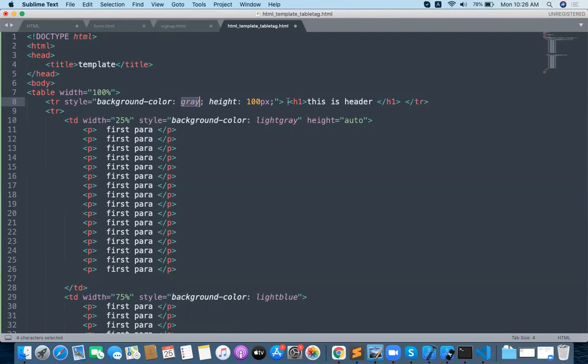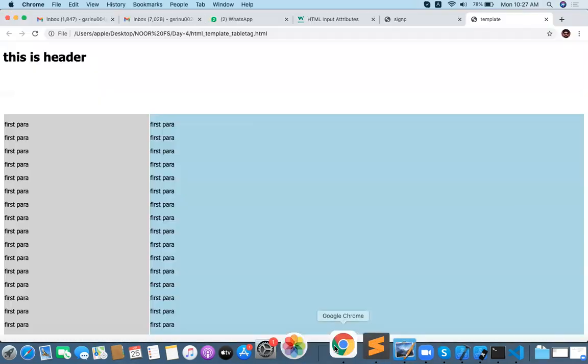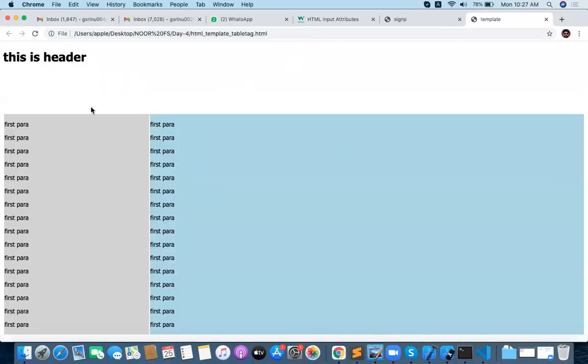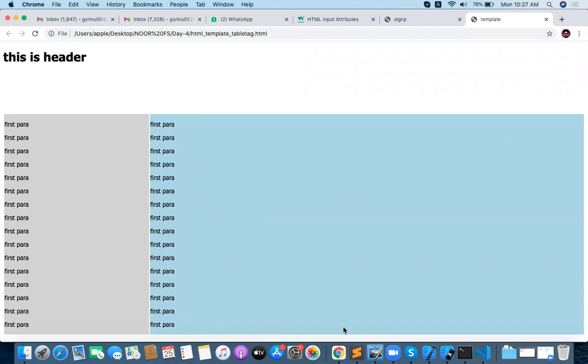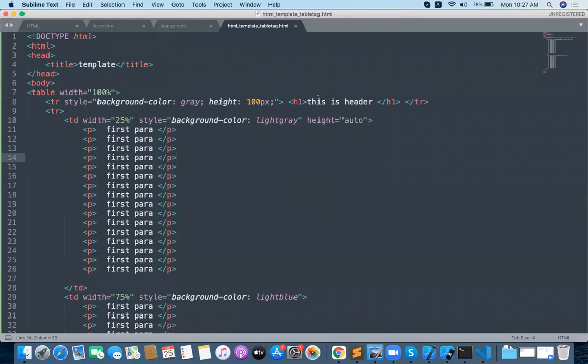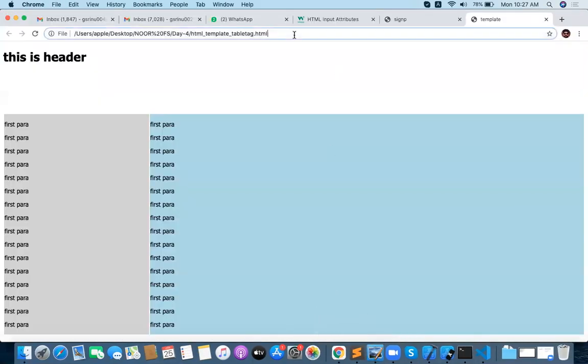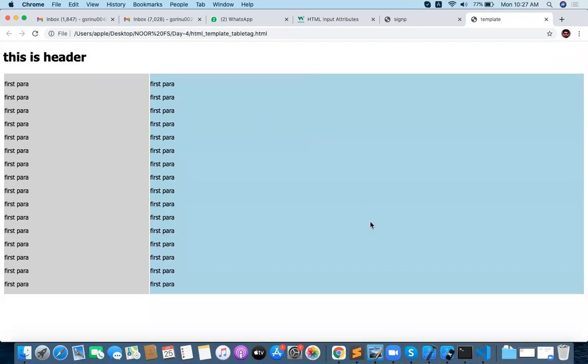Why background color gray not coming for the first TR? Okay, so this center is actually adjusted, but the header is not having a proper style. What is the problem with the proper TR? Okay, width automatically takes 100%. No issues with that. Okay, now it is properly adjusted.